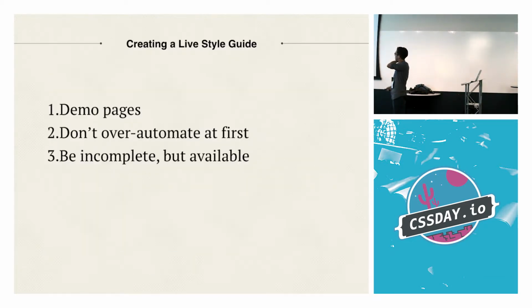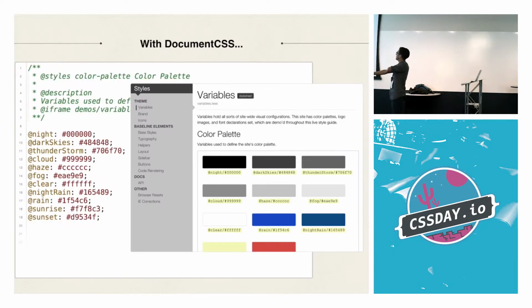This is what one version of generating a style guide can look like. You have just tags. It's just regular documentation. But what you see with the iframe, this iframe here is populating in an actual demo page, a standalone demo page,